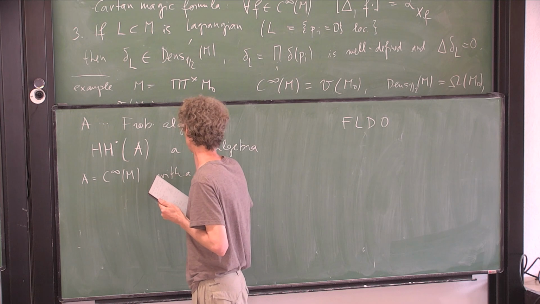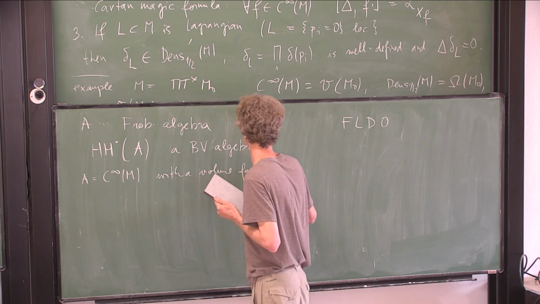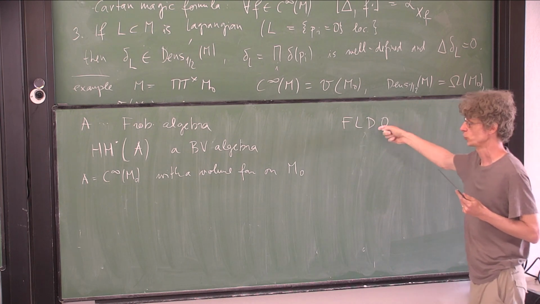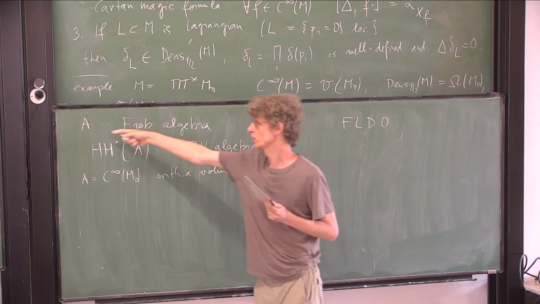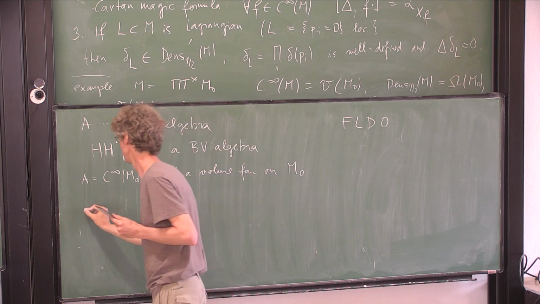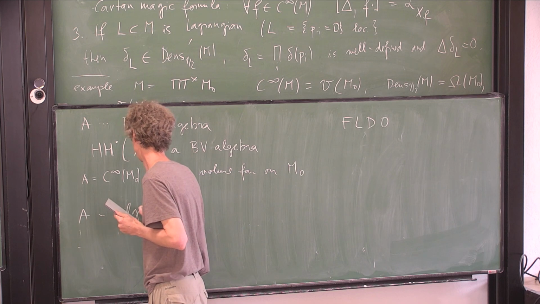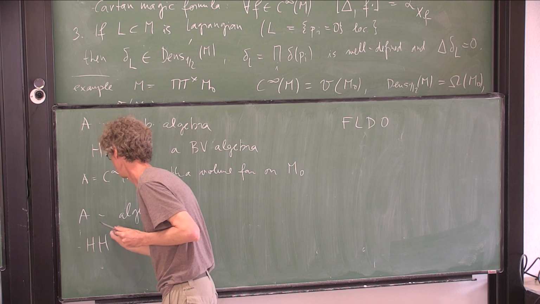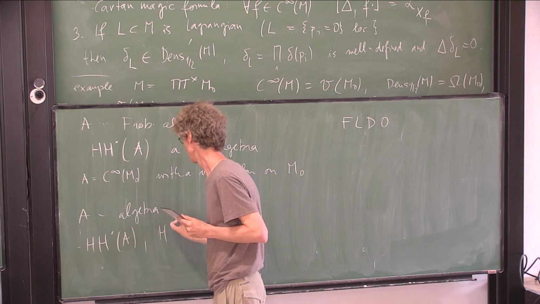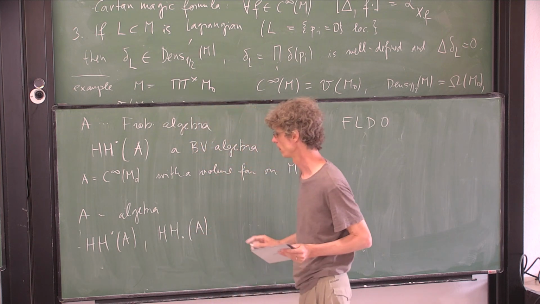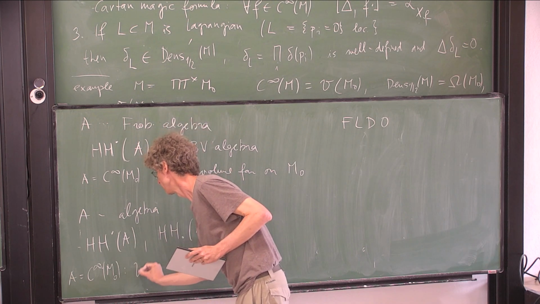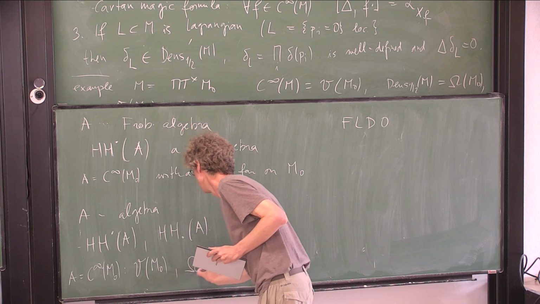So with a volume form on M0. It's a story which is just very beautiful, but it requires a particular choice of a trace. But there is a story which works just for algebras again. So the third thing is just an associative algebra. And then one needs to take a pair. Sorry, I should have stopped probably. Oh, no. I'm at the end. We take the cohomology and the homology. And when A is C infinity of M0, we get then polyvector fields on M0 and differential forms